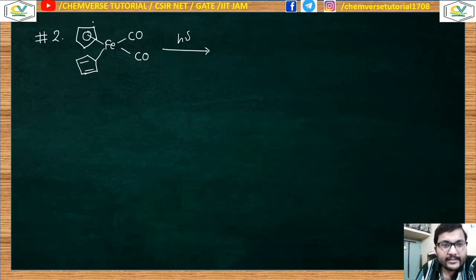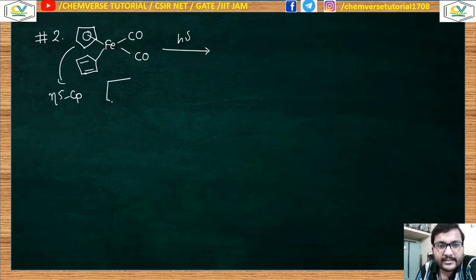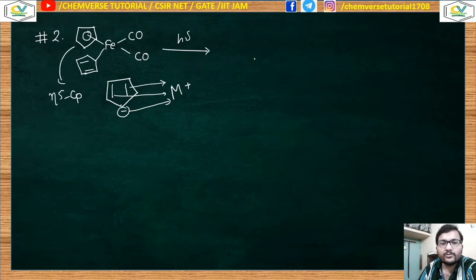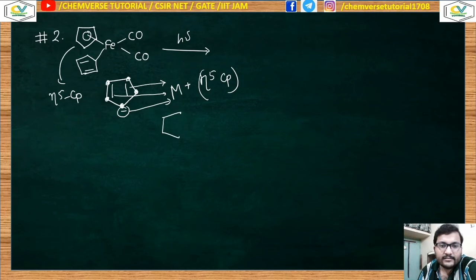Now look at this ligand. This is nothing but your hapto-5 cyclopentadienyl ligand, which has a structure something like this. The negative charge and 2 pi bonds are taking part in the electron donation and forming the coordinate bond with the metal simultaneously. So there are 5 centers involved in the bond formation, and that is why I can say that it is your hapto-5 cyclopentadienyl ligand, and it is commonly written in this manner, donating electron density from all of the 5 centers.